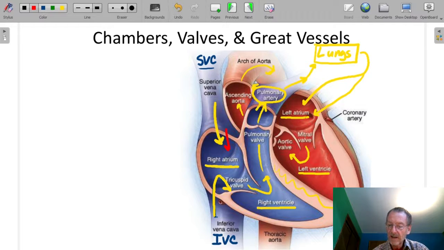The valves, let's finish off the vessels. So we talked about the right side of the heart. We have the superior and inferior vena cava, and we talked about the pulmonary artery or the pulmonary trunk, and it goes to the lungs. So to the lungs are the pulmonary arteries,